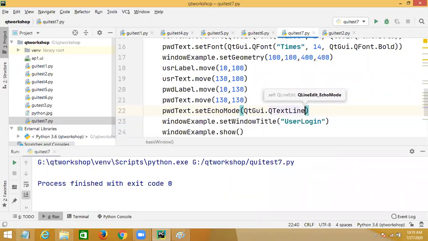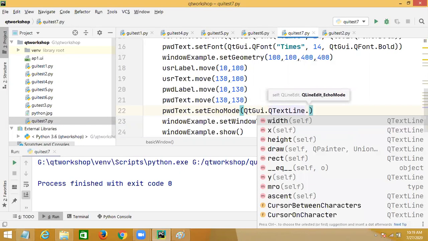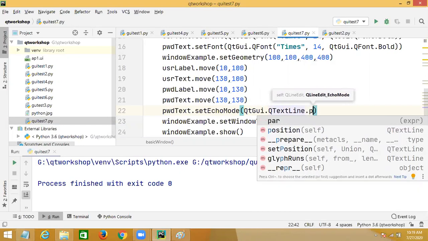QtGui dot what you need to do, password.